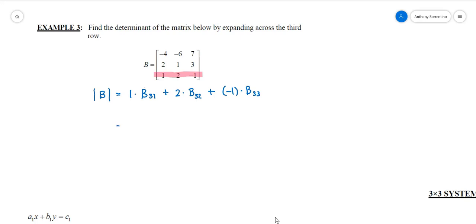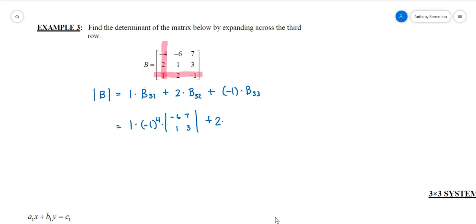And so that's going to be 1 times negative 1 to the 3 plus 1, the fourth power. And I already know what the minor matrix is going to be, because I can imagine I'm just going to eliminate this column, for 1. So I'm going to have my minor matrix right here. The determinant of negative 6, 7, 1, 3